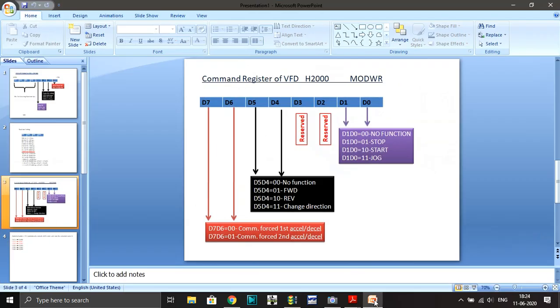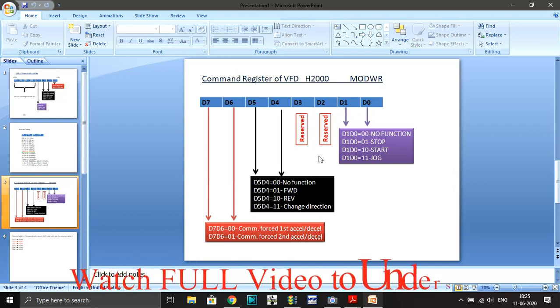Now we can do the forward and reverse instruction also. See, these 2 bits are used for forward, reverse, and changing the direction. So if this is forward start and reverse start, we must give a start bit with this one. So I am not going to use K, I will use hexadecimal code. Okay, we can use binary also, but I am going to use hexadecimal. In hexadecimal, these 4 bits for forward are 01, meaning 1, and for these 4 bits the start bit is 2. So in the forward direction, and for the reverse direction it is number 2 and 2 in hexadecimal.